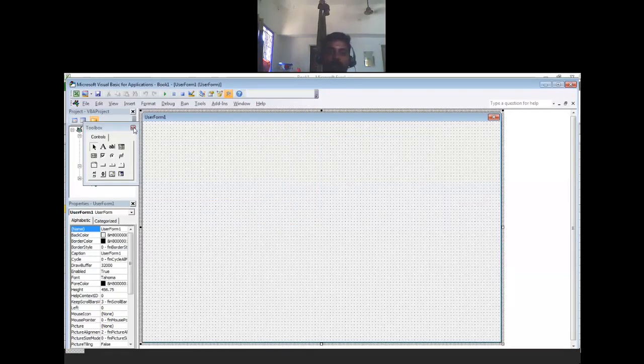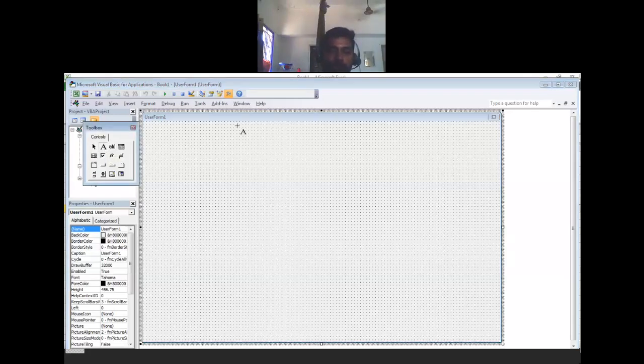Sometimes by default the toolbox is not present, so don't get confused. You can pick it from here, the toolbox. Even the property window, this property also. A toolbox means all the controls. There are many controls, but we always like to use seven. I list them: label, text box, command button, checkbox, option button, combo box, list box. Again repeating: label, text box, command button, checkbox, option button, combo box, list box. Apart from these there are many other controls that are not so important, but in this video, using these seven controls, I will make one small template.